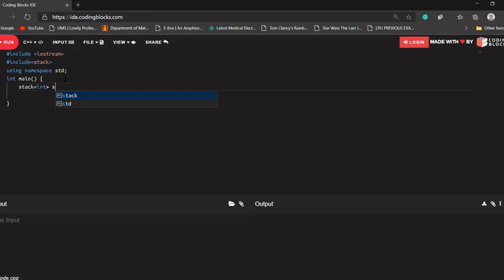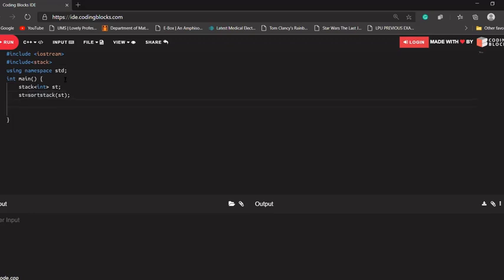Let's say I'm naming it as st. And let's say I'll use a function sort stack. I'll create a function sort stack, and it will take st as an argument, and it will return a sorted stack. Let's say I'm storing it into st only.